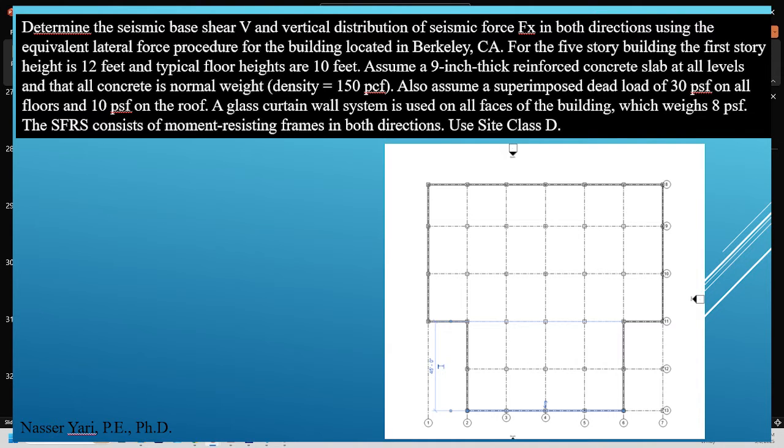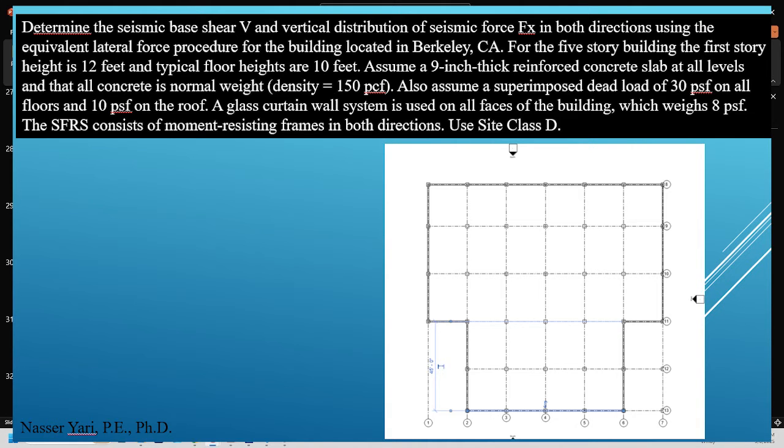A glass curtain wall system is used for the facade of the building, which has about 8 pounds per square foot. The seismic force resisting system consists of moment resisting frames in both directions, and the site is class D. I'm just going to show you a couple of my PowerPoint slides. This PowerPoint is over 100 slides, so